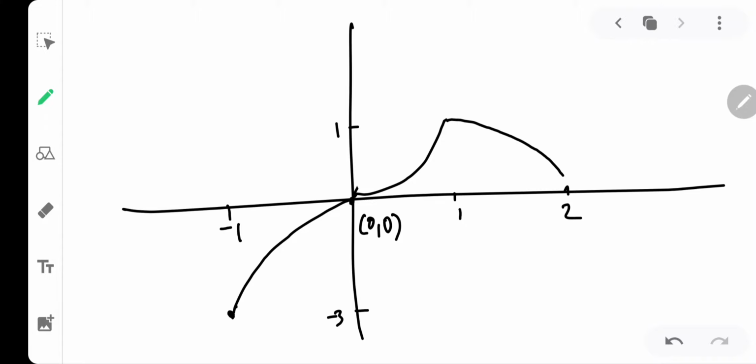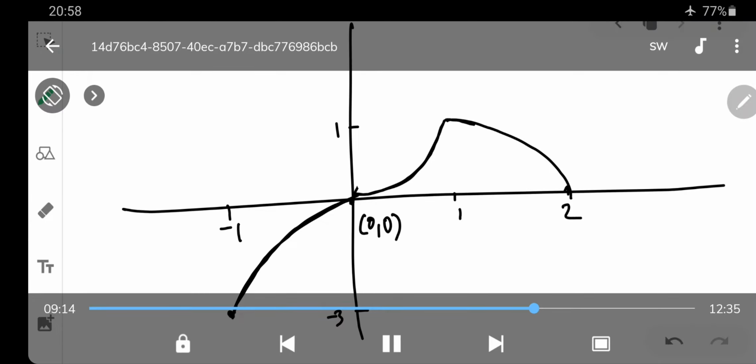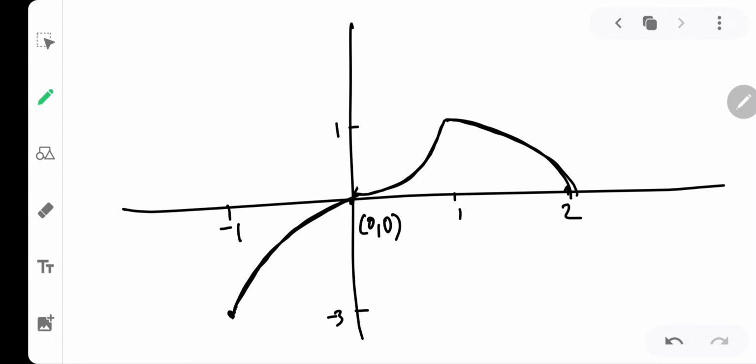So something like this. Okay, see how nice the graph is. I am in love with this graph. Now do you see any point of discontinuity over here? See this, I can smoothly draw this graph without even lifting the pen. Without even lifting the pen, I am able to draw the graph. Hence, no discontinuity. Did you get that? No discontinuity. Now, let us talk about differentiability.